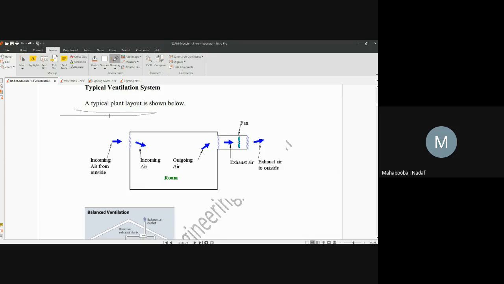This is natural. In natural ventilation, a fan will not come. Mechanical means something extra is coming. In mechanical ventilation, so many combinations are there. If for the inlet a mechanical component such as a fan is fixed, and here no fan is fixed, only the entry of air is made forcibly, but the exit is made normally.